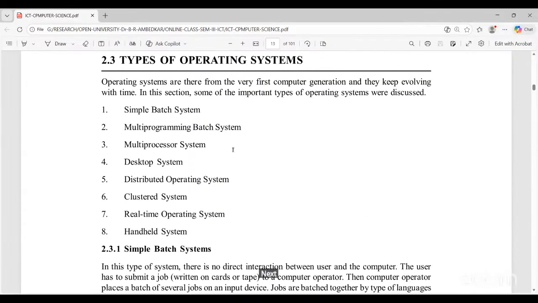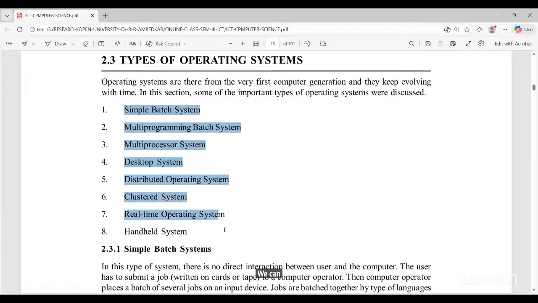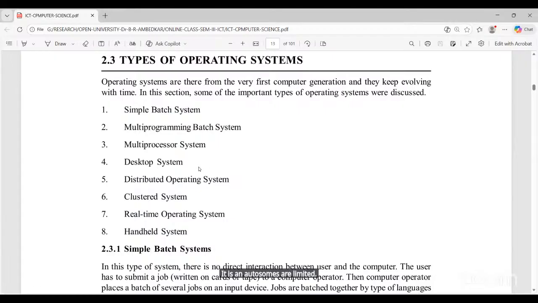Next one, the types of operating systems. There are so many types of operating systems, but we can count them. It is not so many. These are limited, countable. These are types of operating system based on